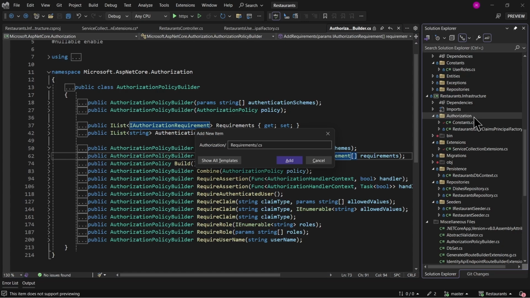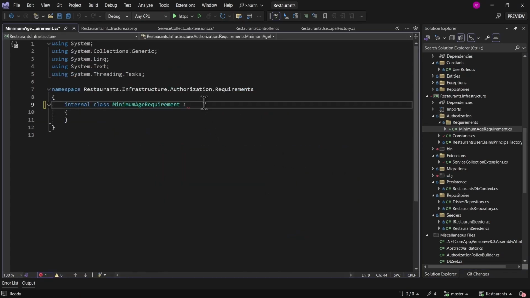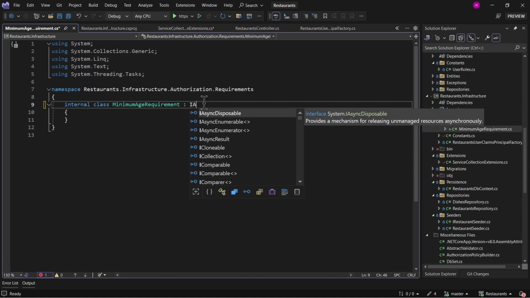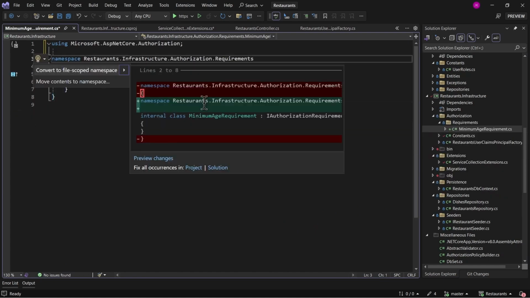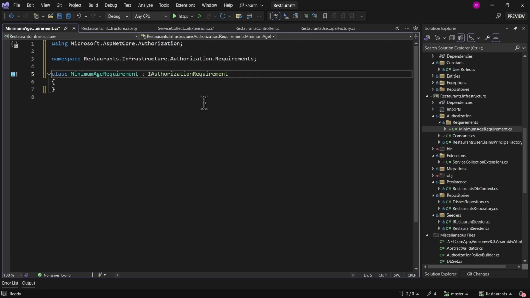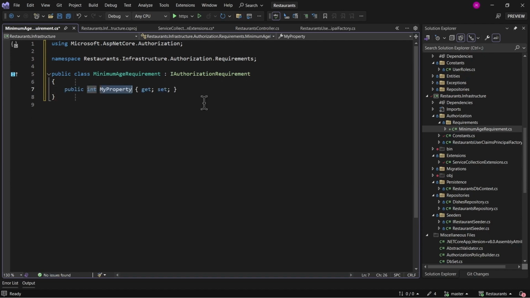And inside I'm going to create a class called MinimumAgeRequirement. And with this definition, as we already know, I'll have to just implement the marker interface of IAuthorizationRequirement. And let's make this a file-scoped namespace. And also let's make this class a public one. Alright, and here I'll define a property of type int that's going to define the minimum age for our requirement. So let's go ahead and use the primary constructor to assign the minimum age value to our